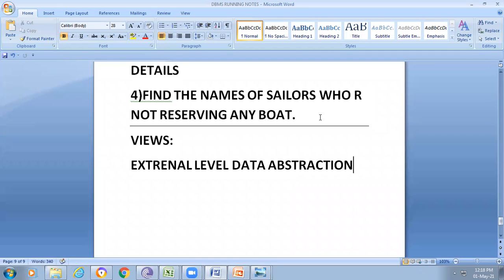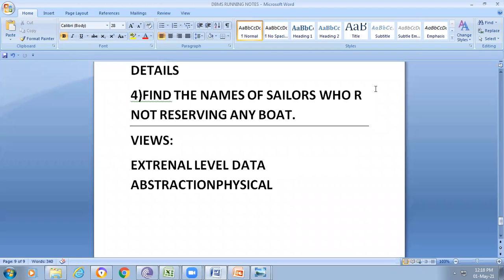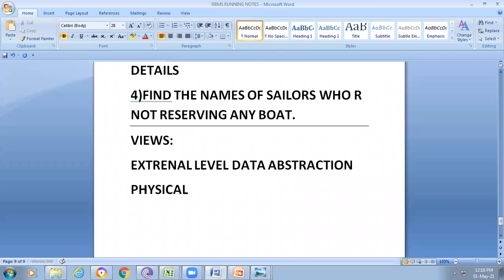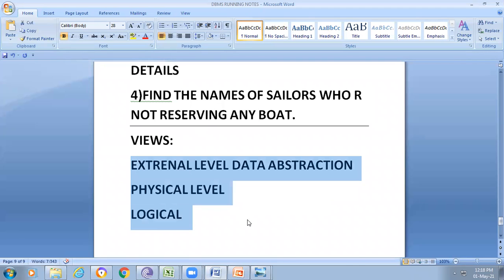We have three types of abstractions. What are they? Physical level, logical level, and the last one is external level. Am I right?